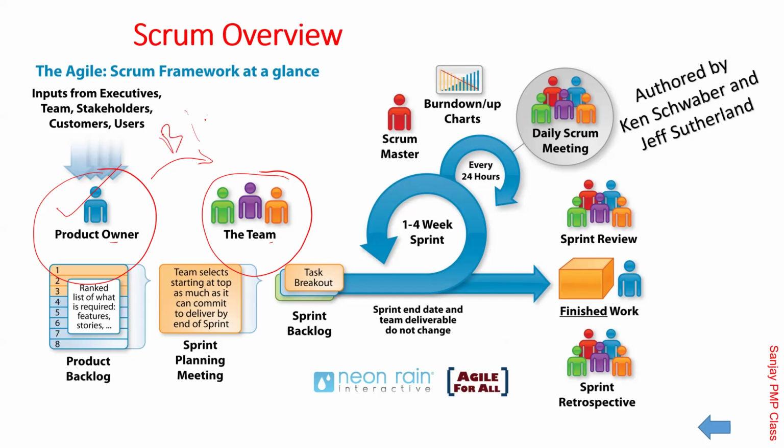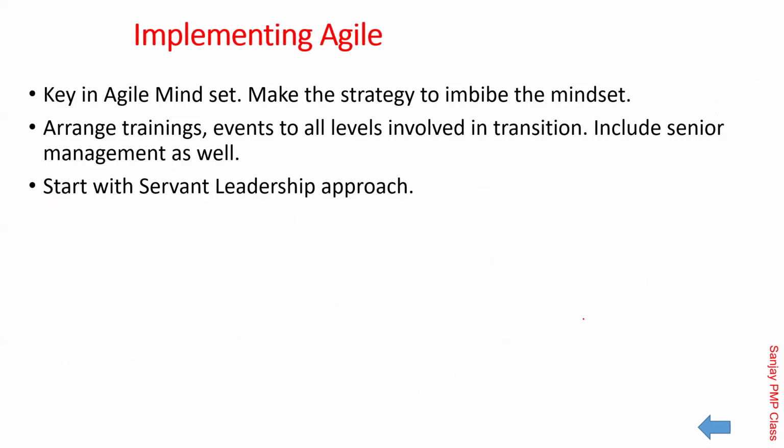So you need to do backlog grooming, where you go ahead and say what you want: this report, these fields, all that detailed thing is called backlog grooming. The end of the sprint is very important: sprint review and sprint retrospective. So those are the things which are being done there. Daily scrum meetings are happening, burn down, burnout chart, and so on.